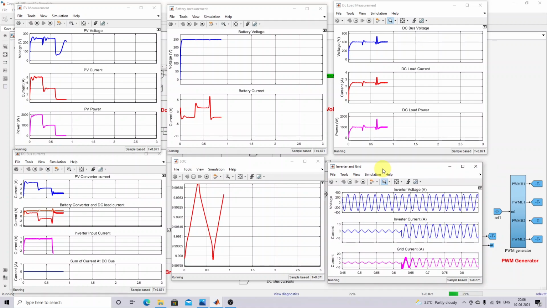So we'll wait until 0.9. After 0.9, the irradiation once again changes from 10 watts per meter square to 500 watts per meter square. So what will happen because of that? We'll check that one. So once again,